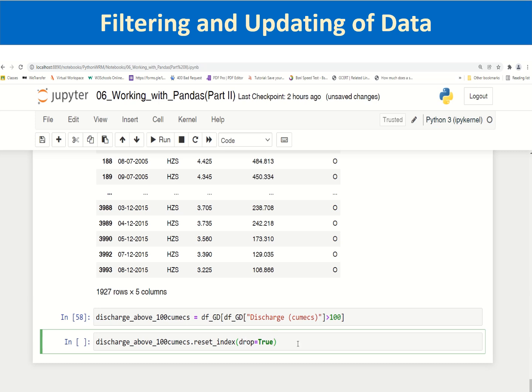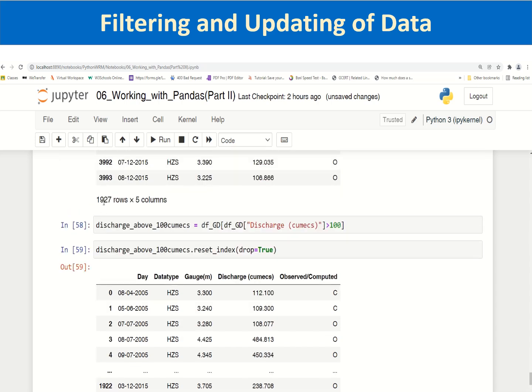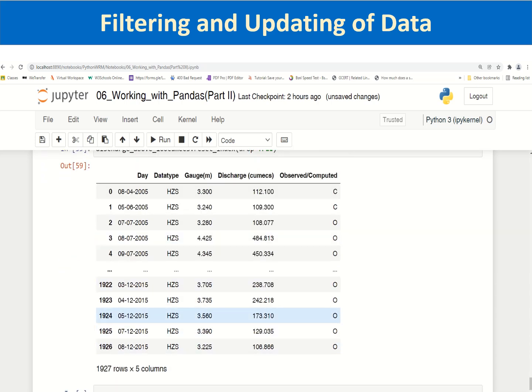So it will drop all the original indices, and it will create new indices from 0 to 1926. That is, there were 1927 rows, and you have those dates where the discharge has exceeded 100 qmax. So in that way we can select rows based on conditional expressions. We can have multiple conditional statements, a combination of multiple conditional statements, combined by the and or or operators. Now